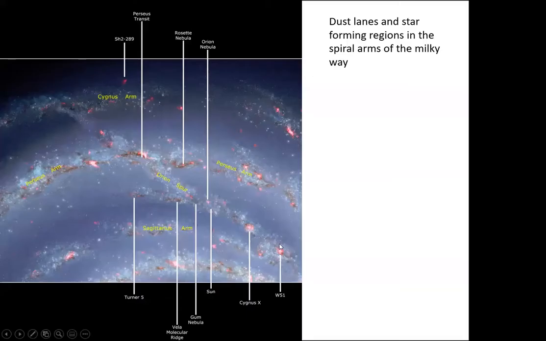We've got the different spiral arms, the Perseus arm, the Sagittarius arm, and this is the Orion spur, and we are just here, not far from where the Orion spur actually joins the Sagittarius arm. That's about 6,000 light years down there. This is the subject of a future talk of mine, Cygnus X-1, and the Cygnus OB star region. Again, a lot of very large stars and some supernovae.